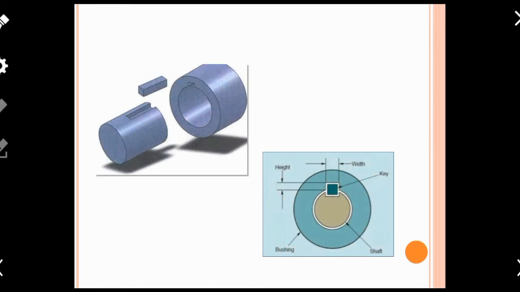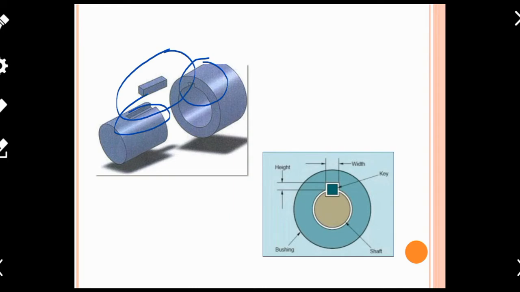Look at this slide. You are given two diagrams, especially if you look at the top left-hand side diagram. There is a 3D model of the shaft, key and hub. Look at the shaft side. There is a groove, as I said earlier, or we can say a slot is provided. The same groove or slot is provided on the hub of the rotating member. So both of these two grooves are fitted with a common element, which we generally term a key.